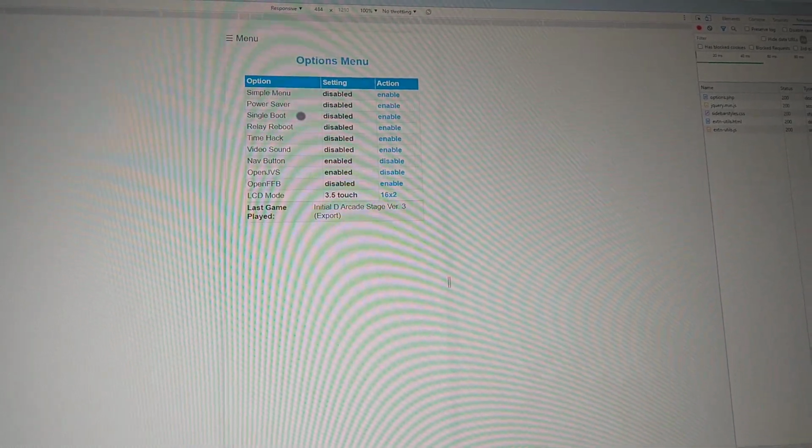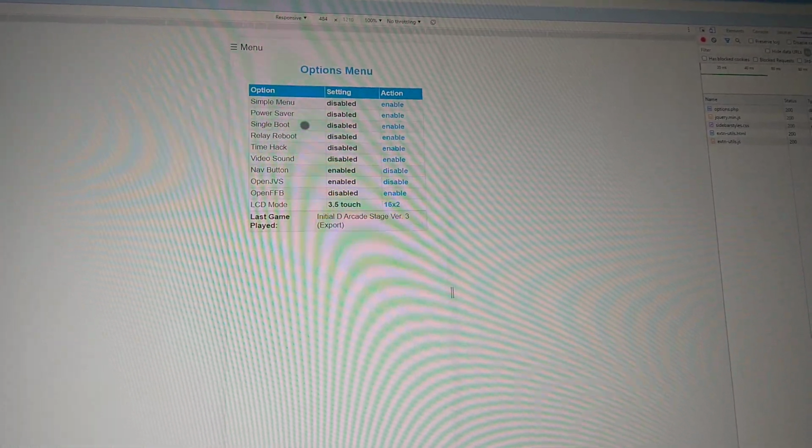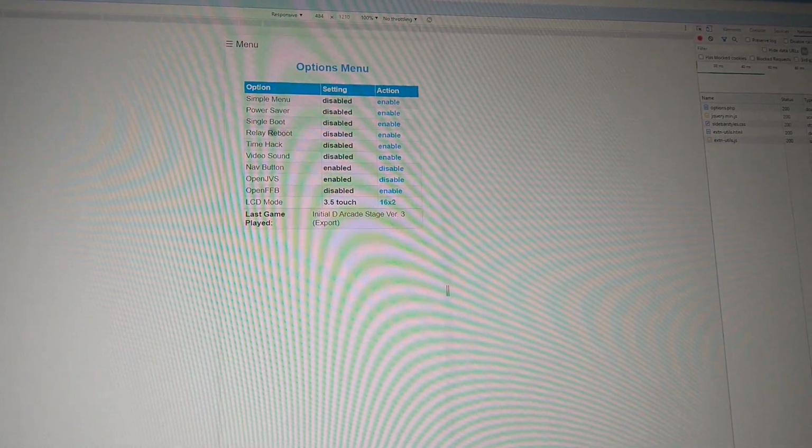And now I'm supporting multiple DIMMs, so the single boot only works for your last loaded game on a particular DIMM IP address. So if you had multiple machines configured, you'd be sending the last game that you sent to a specific system. The relay reboot, this is less of an issue now actually. I might take this out. It depends how many people still use it,